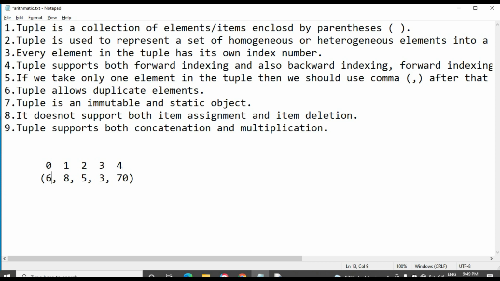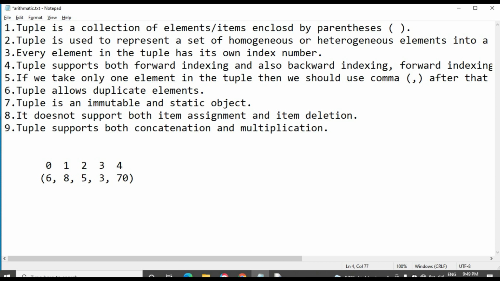So 6 has index number 0, 8 has index number 1, 5 has index number 2, 3 has index number 3, and 70 has index number 4. Like that each element has its own index number. This is the point given here.